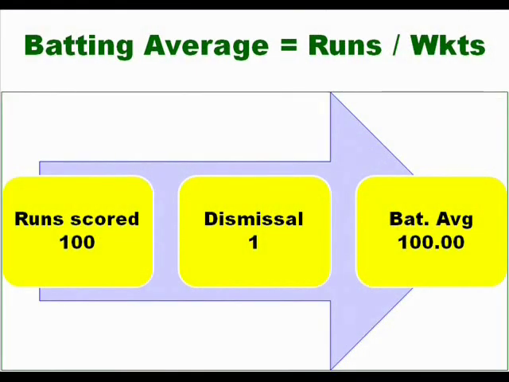Batting average. Runs divided by wickets. Number of runs scored by a batsman divided by the number of times he was dismissed in an innings or a test match or a series, and so on. However, some time back, experts felt that in a batsman's case, not outs should be counted as wickets and added to his total wickets to be divided by total runs scored by him in a period of time, because they felt a batsman with a maximum number of not outs